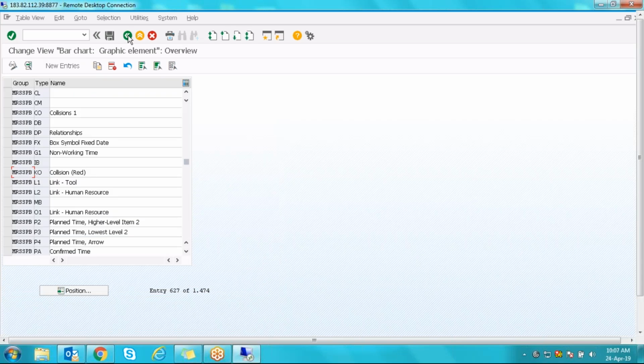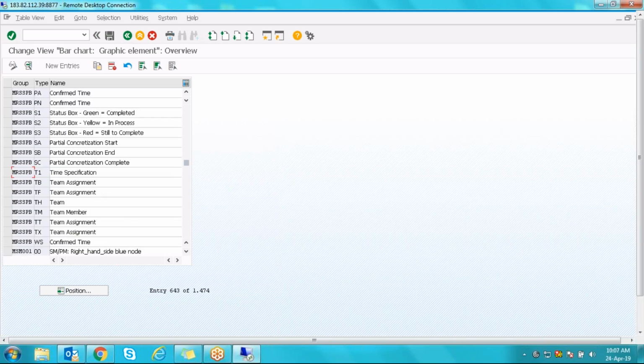Okay, so there are other elements. Team assignment means if you assign a task to the team, then what the color of that assignment should be. TB is there, TF is defined, TH is defined. So there are a lot, I think for MRS almost 30 to 50 elements are there. MRS will be confirmed time,